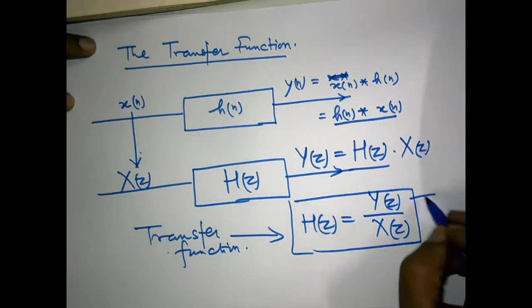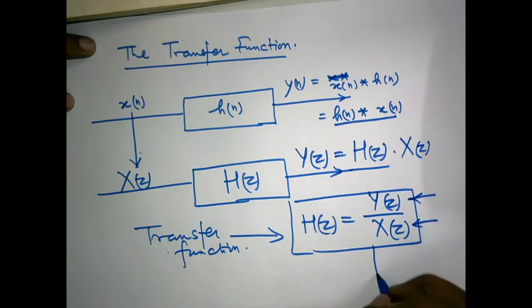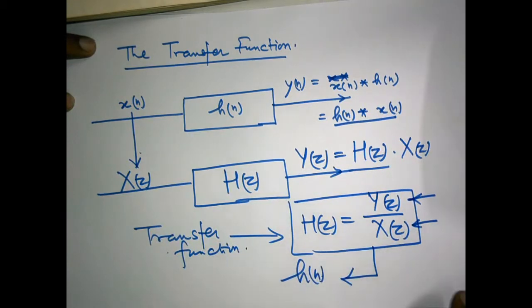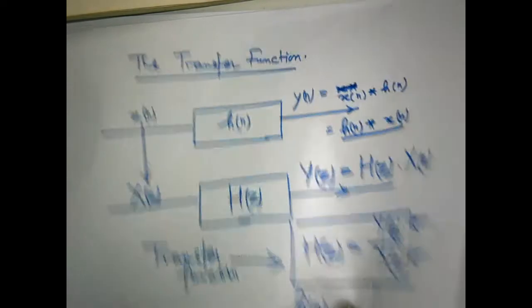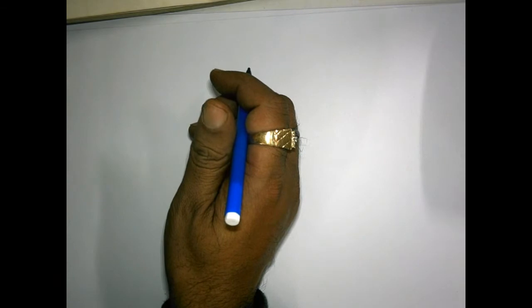Once you know the value of this expression, you can very easily perform the inverse z transform to get the impulse response of the system. So let us do it for some signal. Just before doing this, I would also like to write down the expression of the transfer function if the difference equation form of the system is given to us.